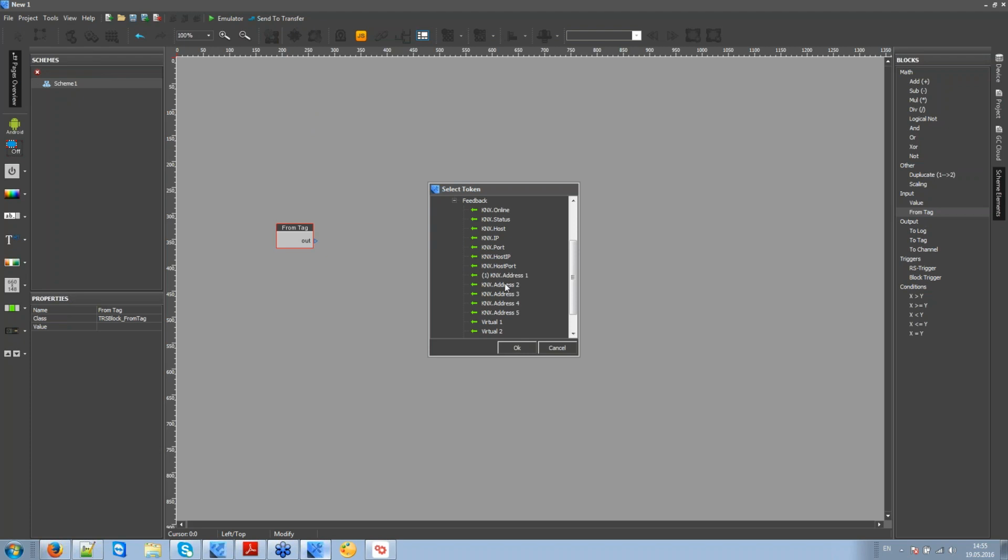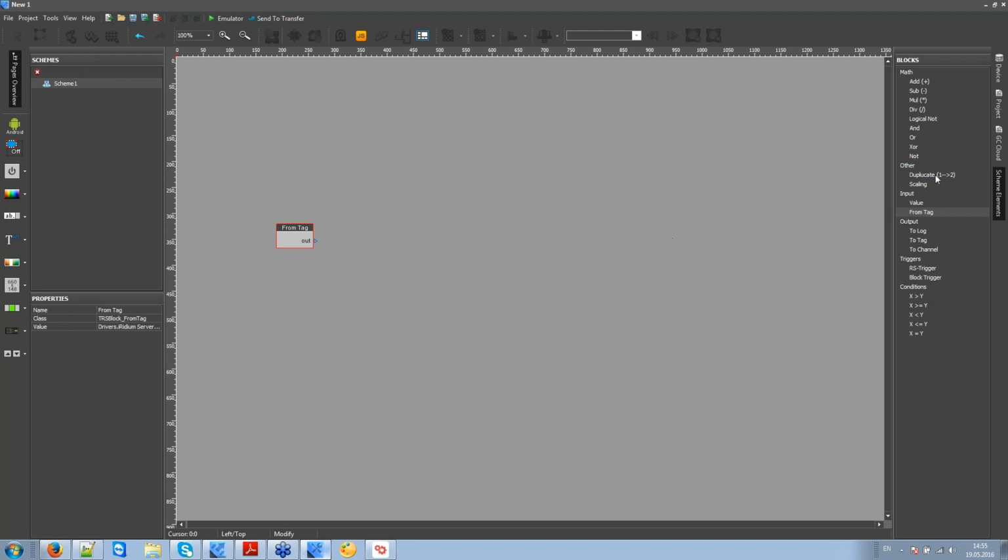I'm searching for some KNX channel, scale this data from, for example, a 0 to 125 range to a 0 to 100 range, and then write it to another variable,